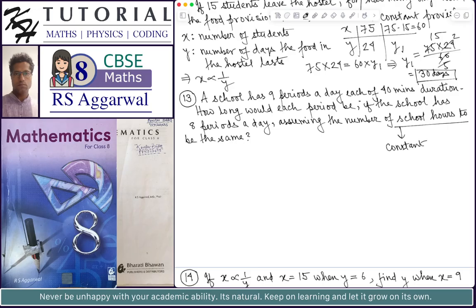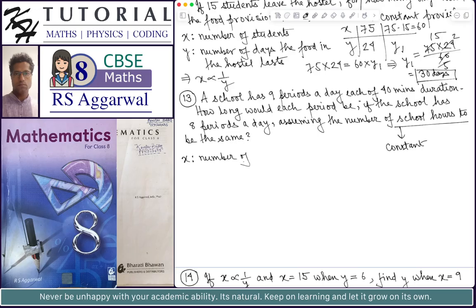The total number of hours that the school is having periods is fixed, it is not changing. So now if we consider the quantity x to be the number of periods,